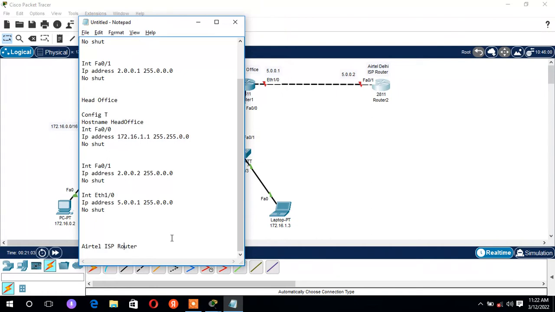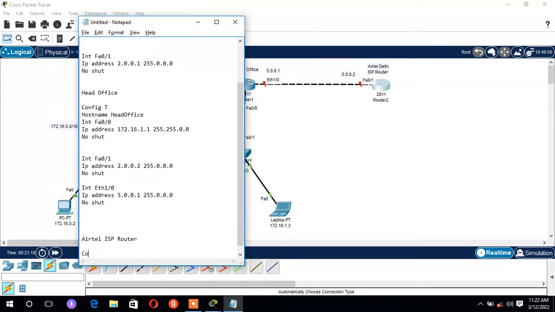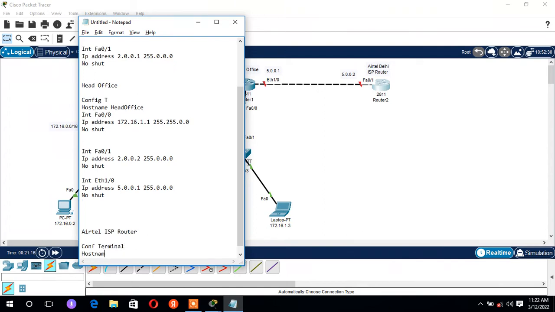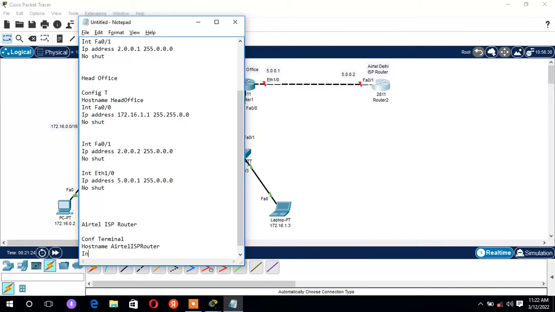So on the Airtel ISP router we are having one interface called FA0/1. So configure terminal, hostname Airtel ISP router, right? Interface FA0/1,